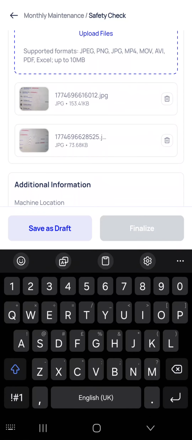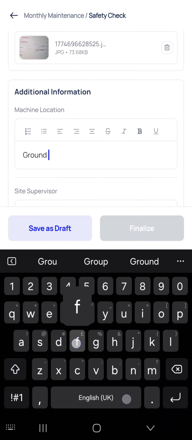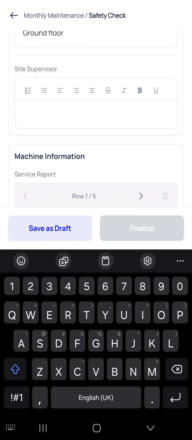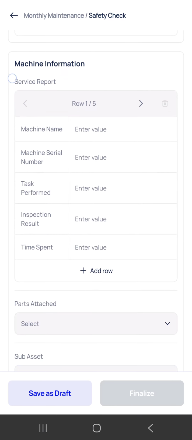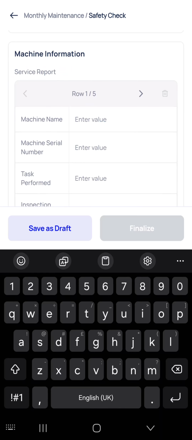What is the machine location? Say it's on ground floor. Ground floor. Who's the site supervisor? I'll say it was Dr. Simon. And then there's a table that I need to fill out over here. Machine name. Let's say this is the Packmaster